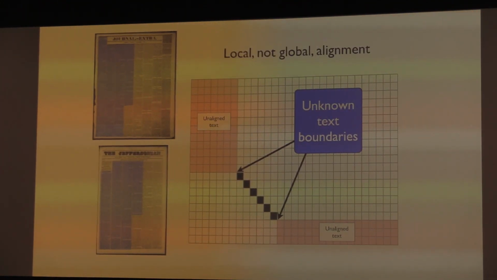The other challenge we have here is these unknown boundaries. The way the Library of Congress archive works is you just have a big block of text for every page of the newspaper. No one has gone in and divided it up by article. And so we don't know where the individual articles begin and end. We just have sort of undifferentiated text data.